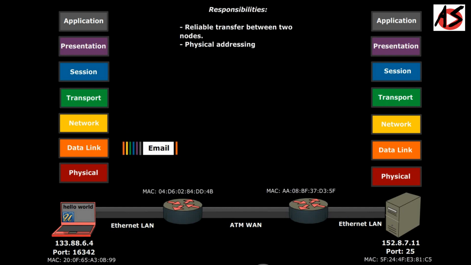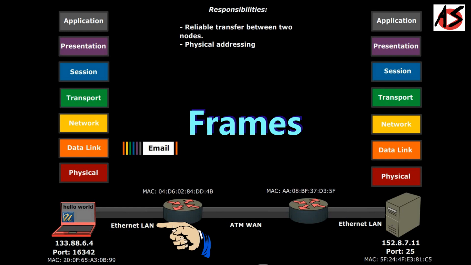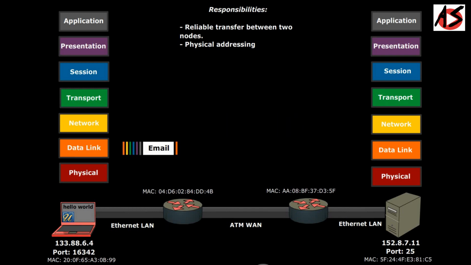Moving to the next, in the data link layer, your packets become frames for specific networks like Ethernet LAN. The data link layer is responsible for reliable transfer between two nodes based on the MAC address of the source node and the receiver node, that is the next connected router in our example.